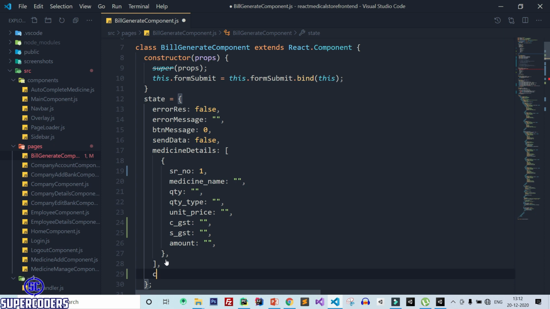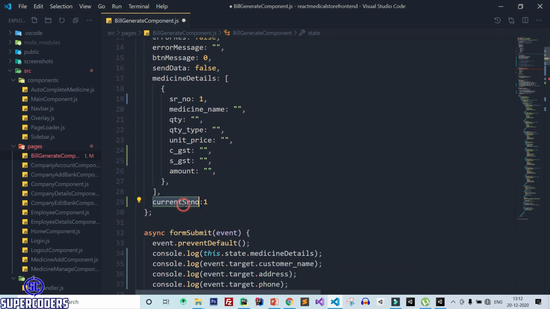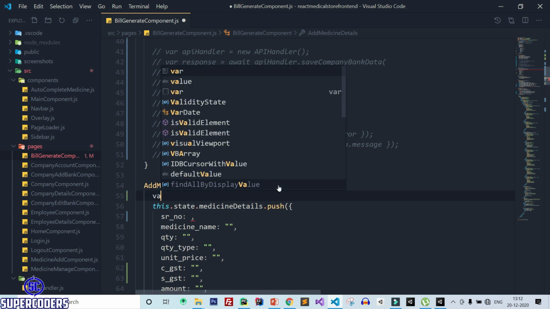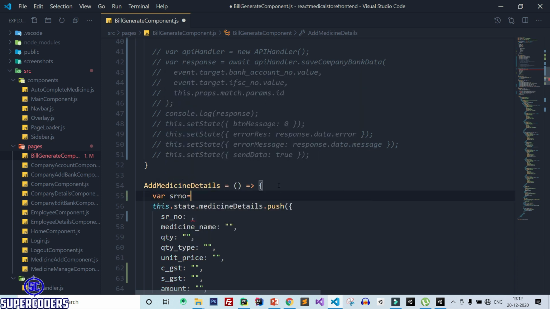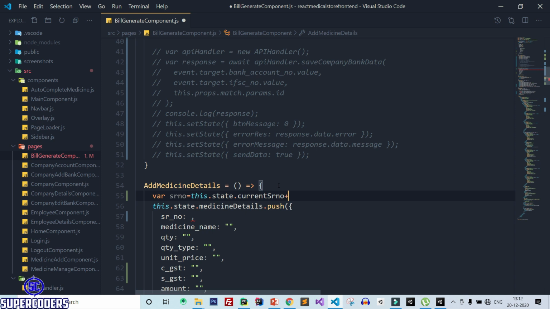Let's add here print SR number equal to 1. Then here, SR number equal to this.state.current_SR_number plus 1, and here change the SR number.